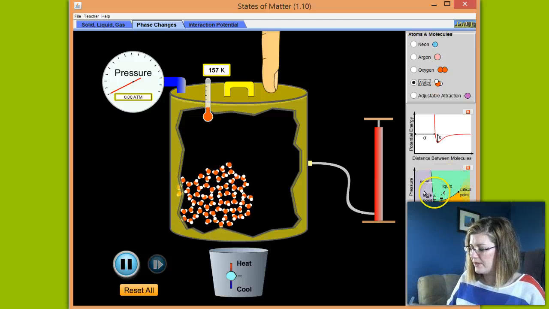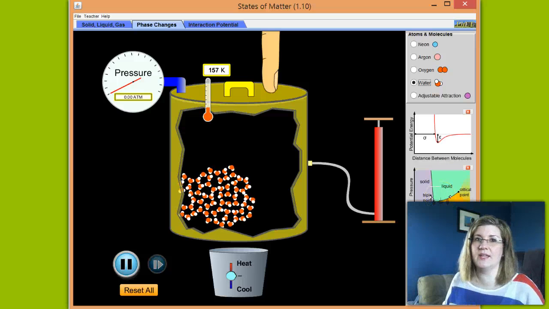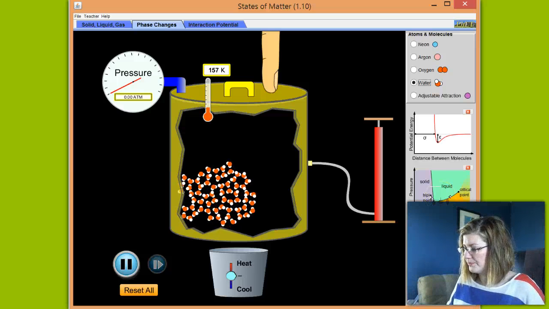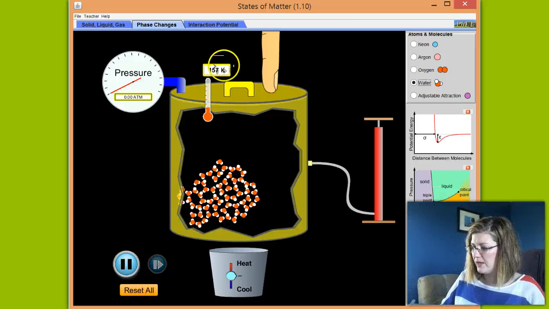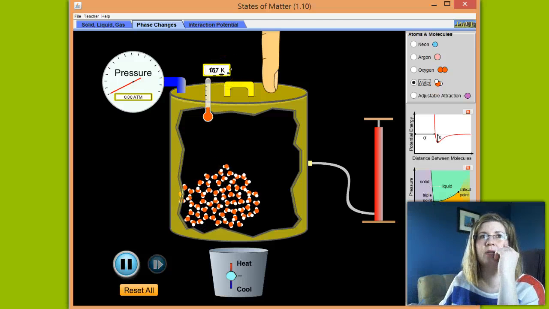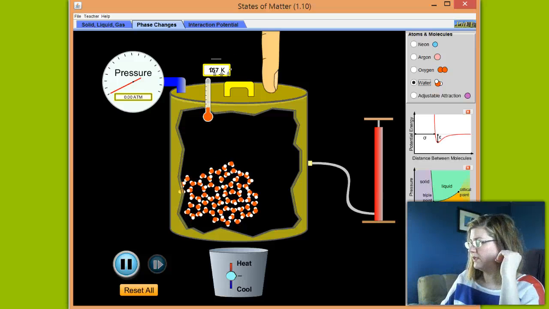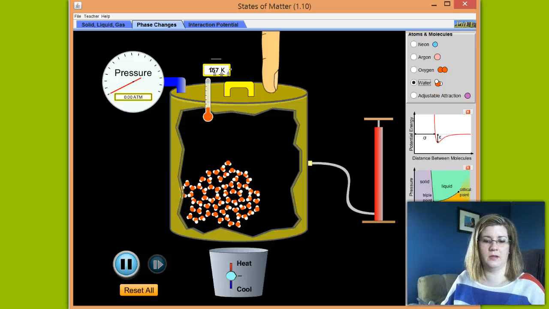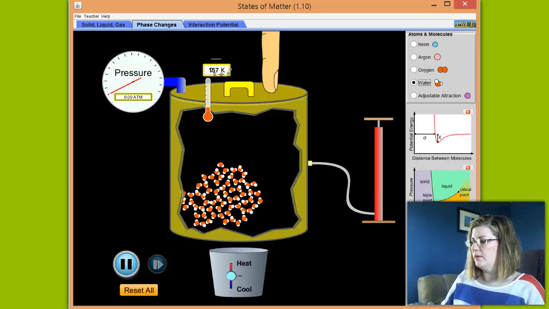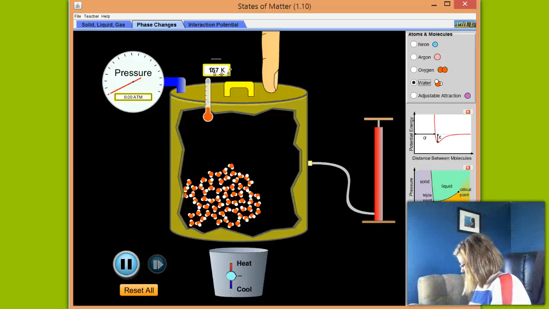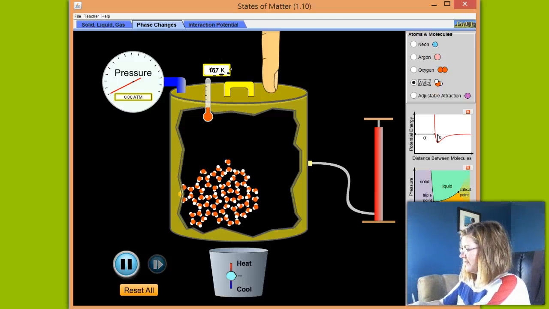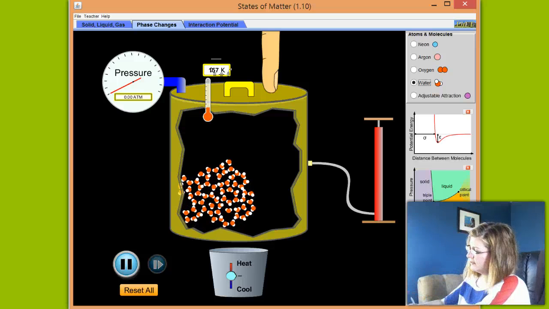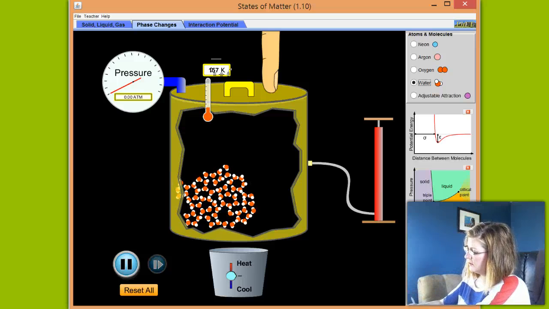Okay, and on the right here, you can actually see a phase diagram. I haven't introduced that yet, so we're not going to focus on it too much. All right, so what we have here is a solid. We're at 157 K. What is that in degrees C? I don't have a calculator nearby. I can't do that in my head reliably. 157 minus 273 to go back to Celsius is going to be